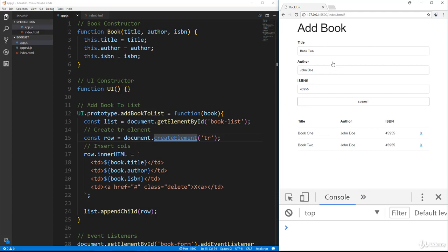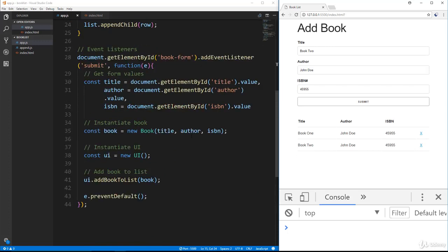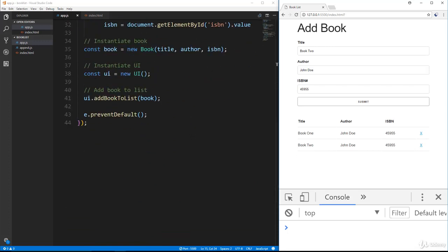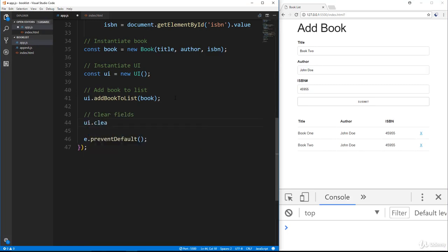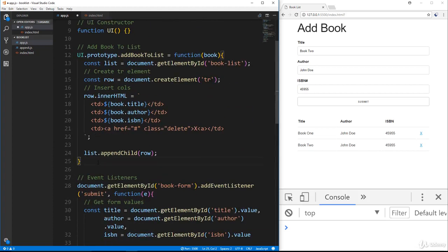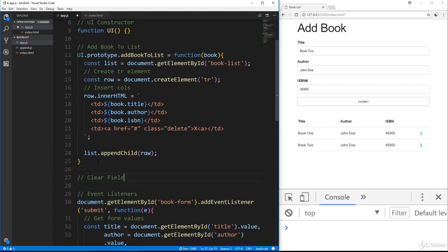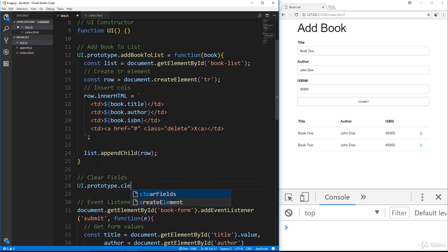Now we are going to want to clear these fields once we submit, so let's do that. That'll be part of the UI prototype as well. We want to call that right after we add the book. So let's go right here and say clearFields. We'll say UI dot clearFields, and we'll create that up here. So we'll say UI dot prototype dot clearFields